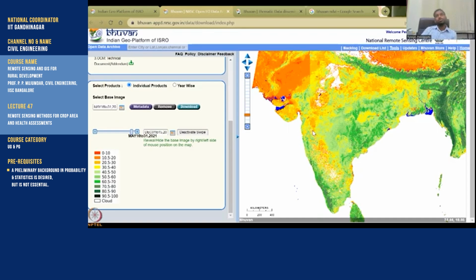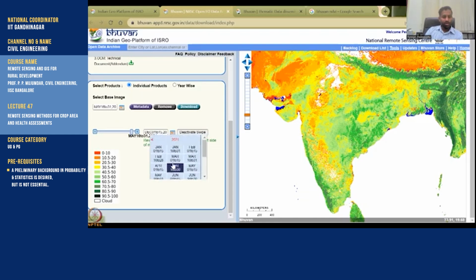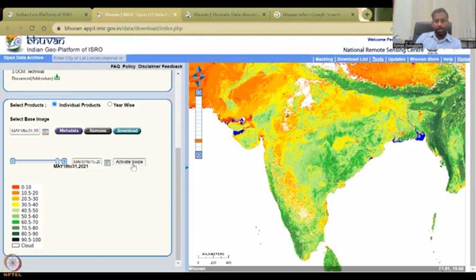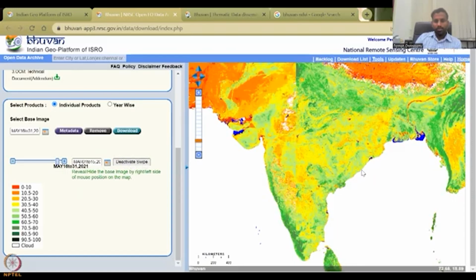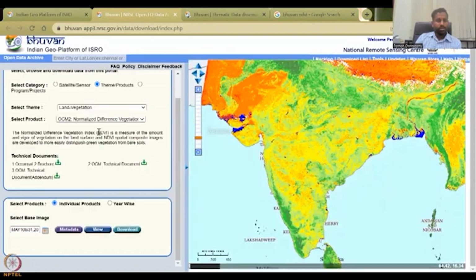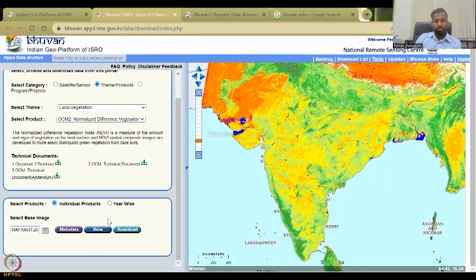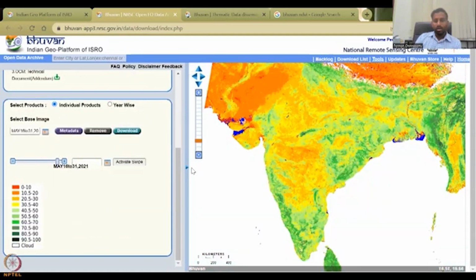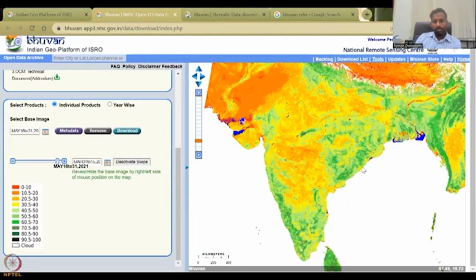And then the second season that we also looked at is during March and April. So if we say that, okay, let's look at March and April, and then we activate the swipe. So now it has been loaded. So what you see at the background is, for some reason, it's still the June data coming. So May is there. And then I'm going to look at the March data. Okay, activate swipe and see, you could see that